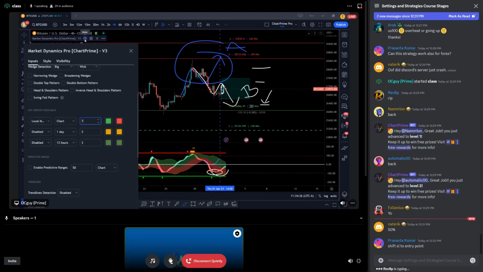Let's wait for that eye, and it seems that we have 3 space. All right, so I don't like to go above 7 just because it just gets too noisy. But I mean, yeah, 10, which is not such a huge support and resistance. Nevertheless, again, this is the 4 hours, so support and resistance are good to go.